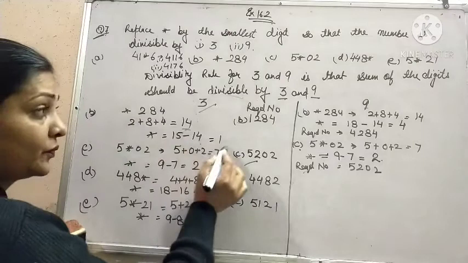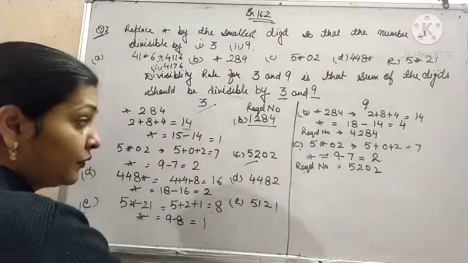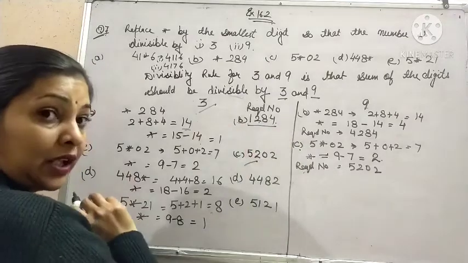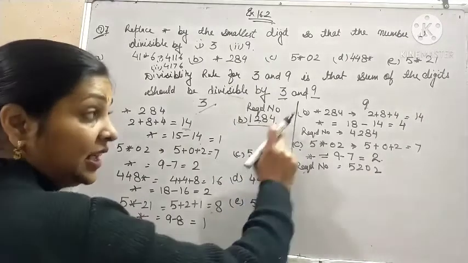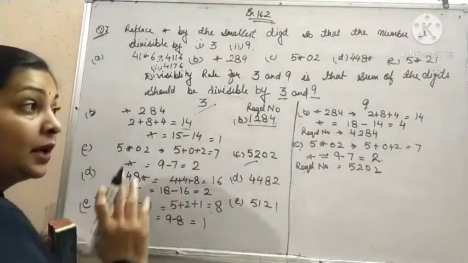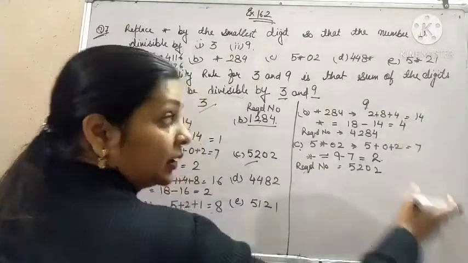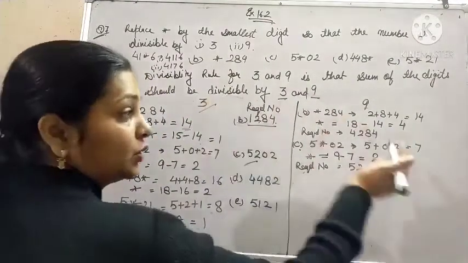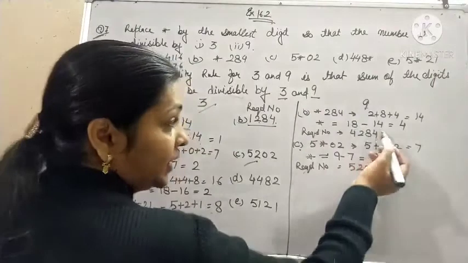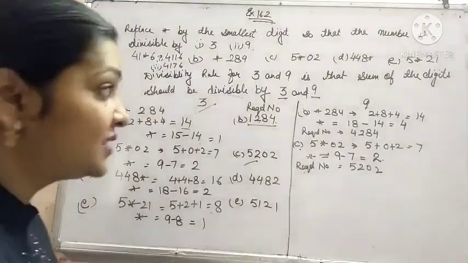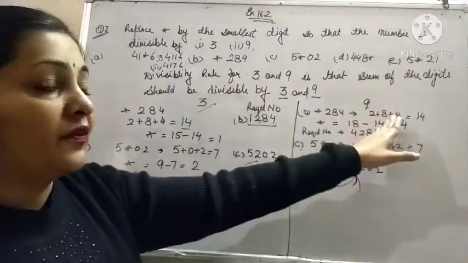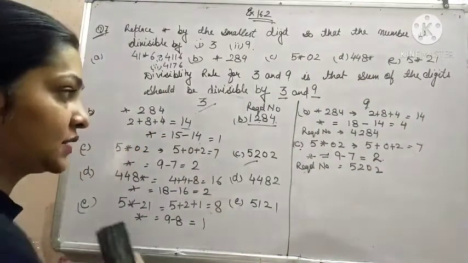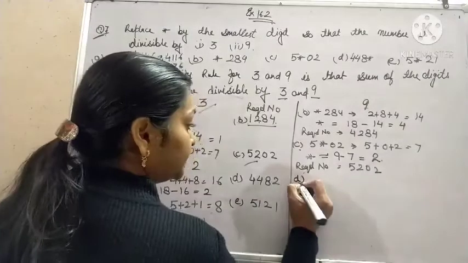You can see here. Here the sum is 15. 1 plus 2, 3, 3 plus 8, 11, 11 plus 4, 15. This number is divisible by 3 but not by 9. But every number you obtain for which are divisible by 9 will always be divisible by 3. You can check. Here the sum is 18 and 18 is divisible by 3. Why is it so? Because 3 is a factor of 9, or you can say that 9 is a multiple of 3. That's why.